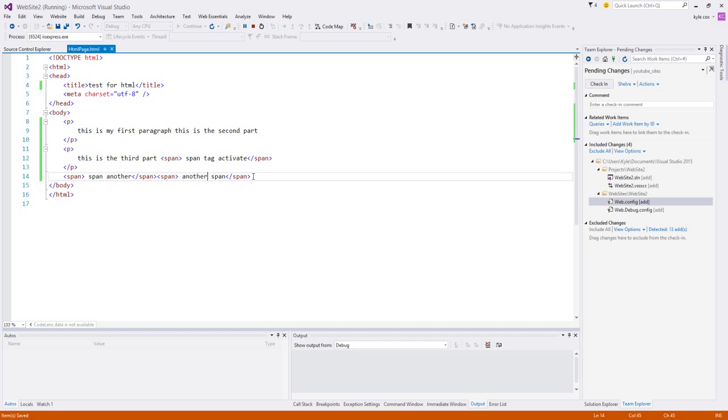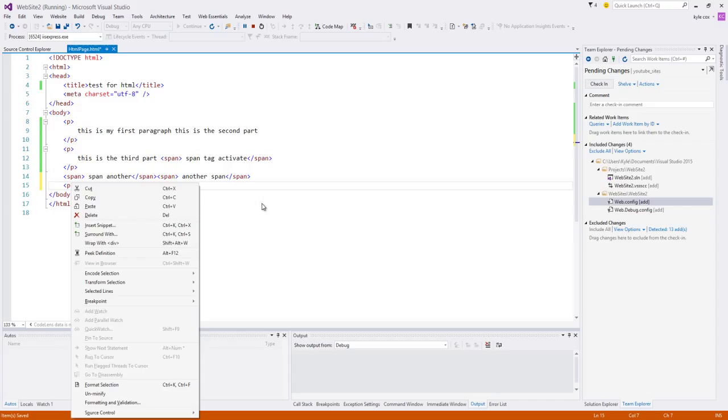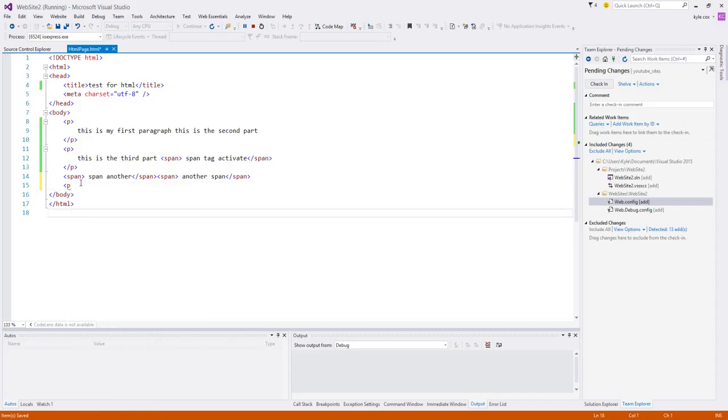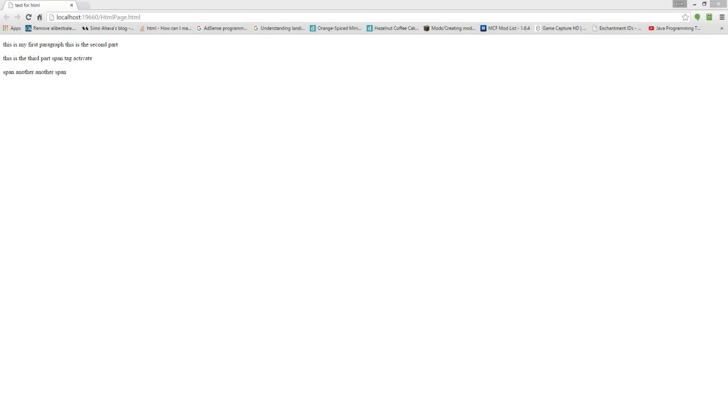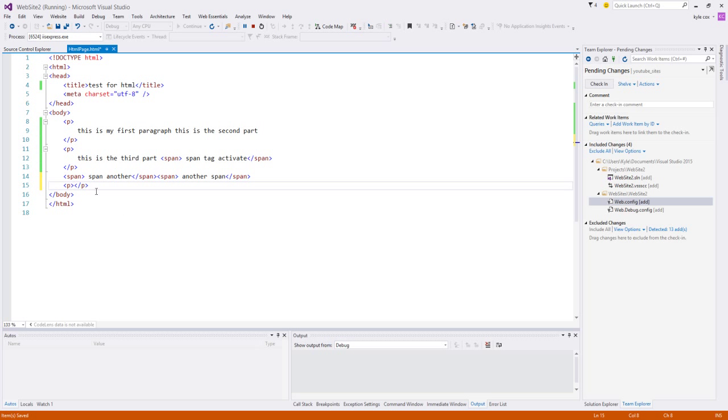And now, I'm going to put another paragraph tag. And now I'm going to show you the bold tag and the, I can't remember what it's called, the I tag. One sec. Yes, you can do the bold and the italic formatting in HTML. So I've got my paragraph tag here,